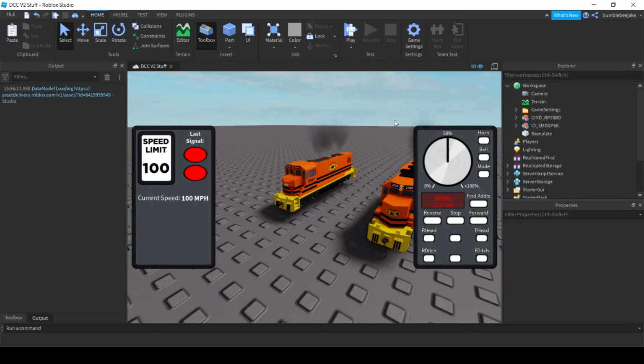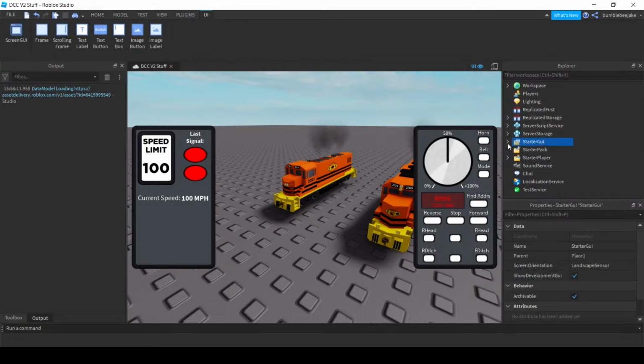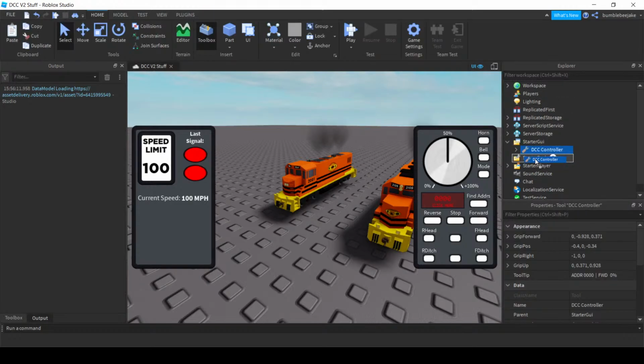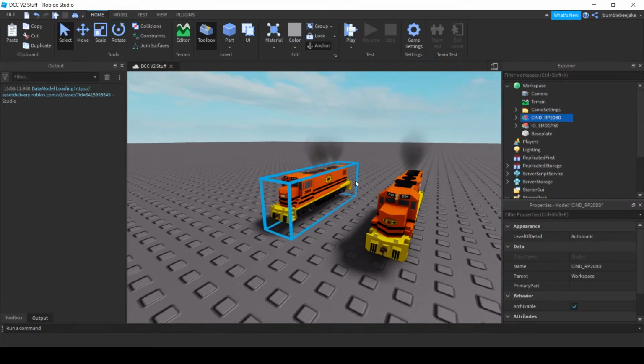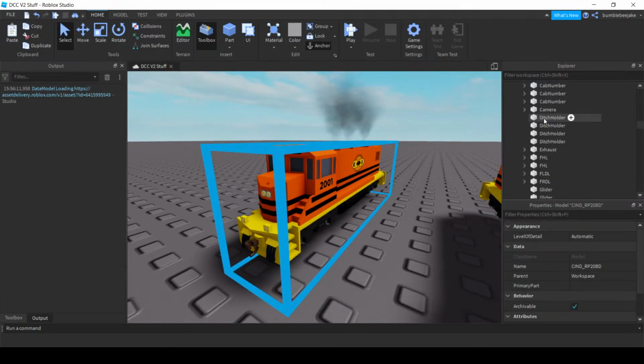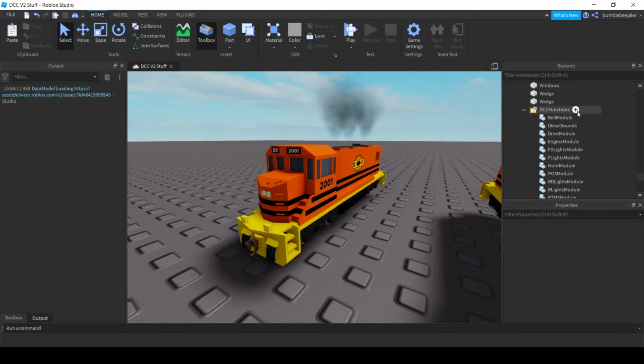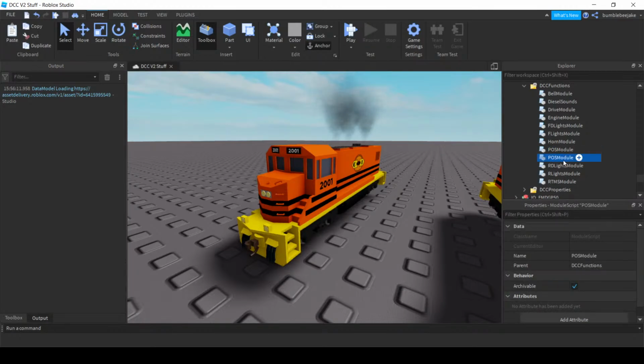Alright, so what we're going to do is I'm going to edit what's there so far. Starter pack. And we're going to do it on the gen set. We're going to add another module. You're going to see how many modules I have on my engines. Look at all my modules. What's one I want to edit? I think it's the POS module. Yeah, it's this one I want to edit because it's got what I want on it. Alright, controller add-on